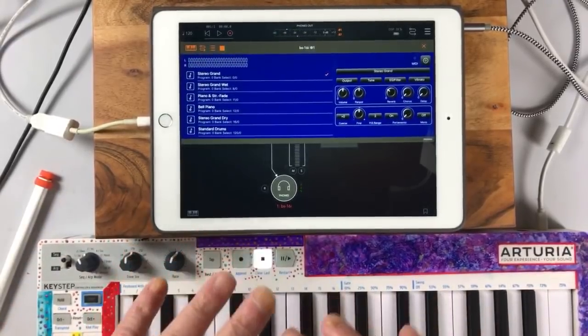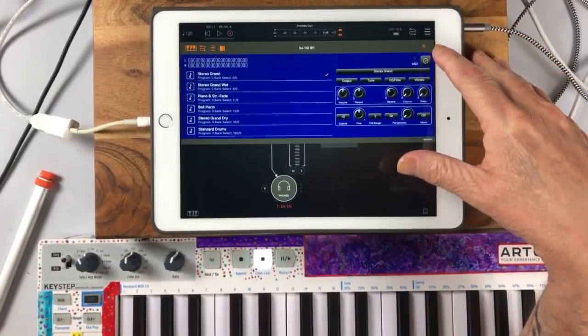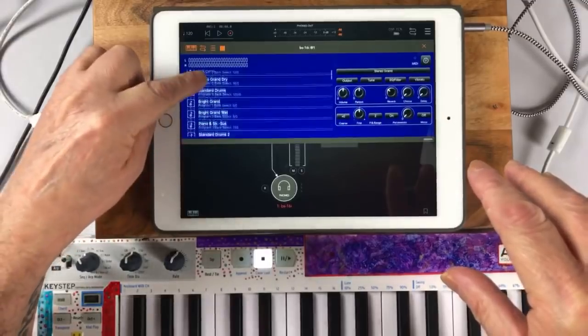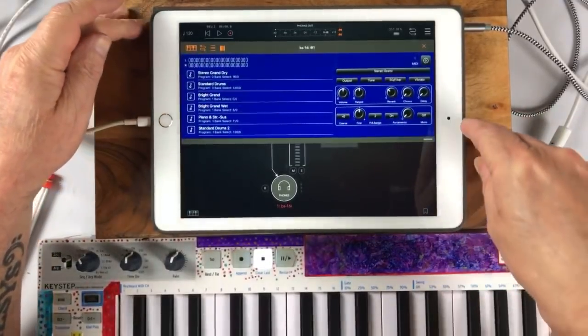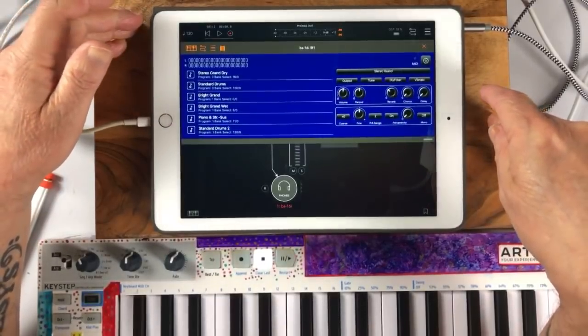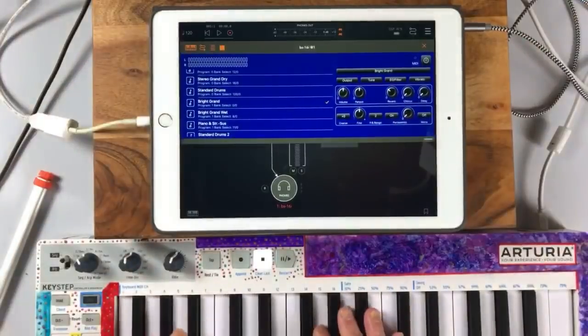So firstly, we might as well change this sound font. You can change anything you like in bs-16, and you don't even need to worry about the channel to set up great big sessions in AUM. So we could go with this bright grand sort of thing, and